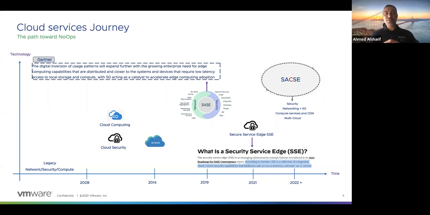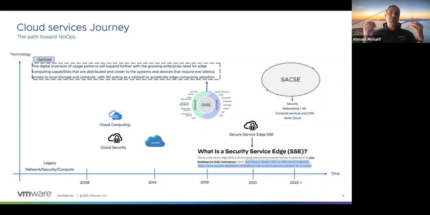Let's assume the provider is Zscaler. They are the major player in this space, SSE. They give you the best security. Let's assume their services are the best security services today. Then the next step for the customer is to have something in the future for the cloud compute, CDN, something other than the security. The journey does not stop at the security.